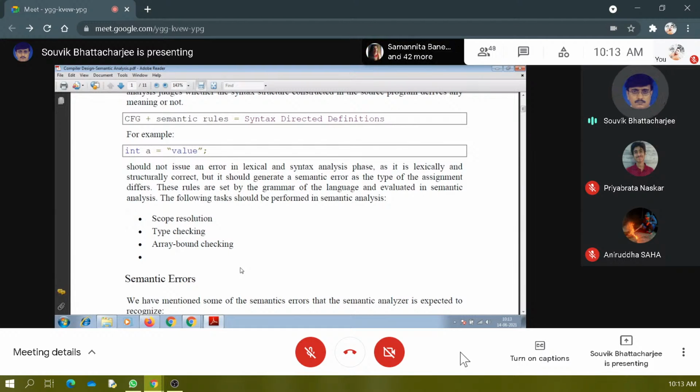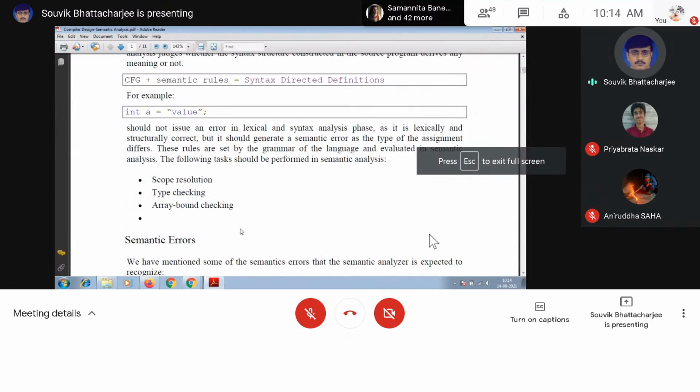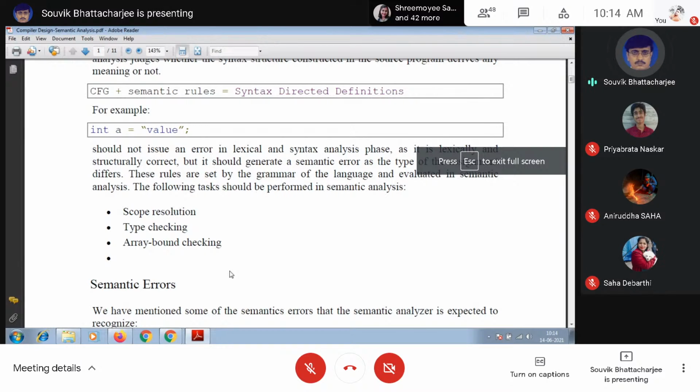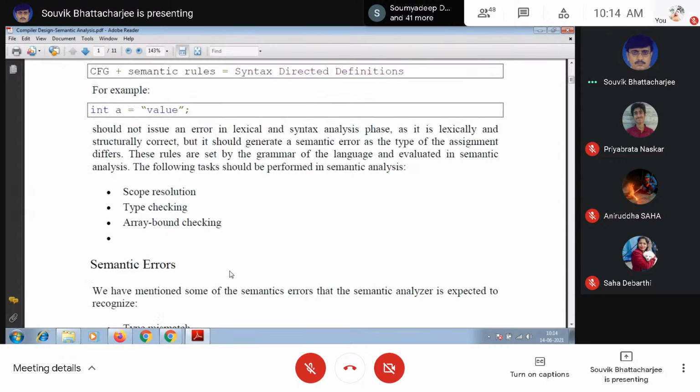And also when you are declaring an array size, your semantic rules will give you the idea, that is when you are trying to access an array element, whether it belongs to that size of the array or not. This is also basically array bound checking. Now,